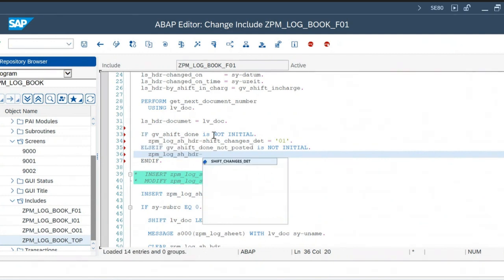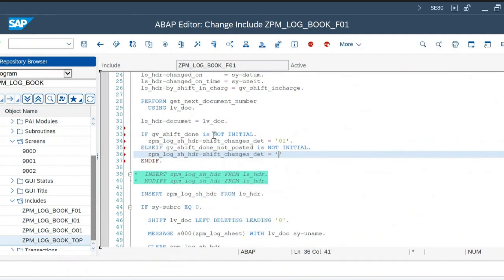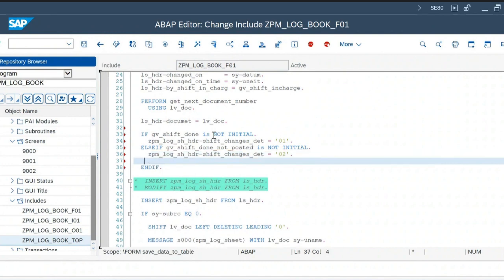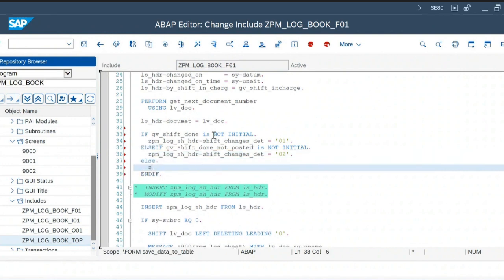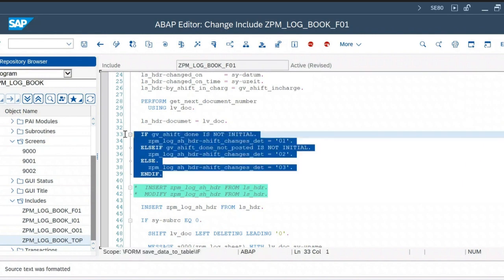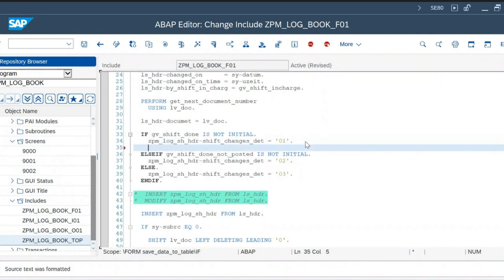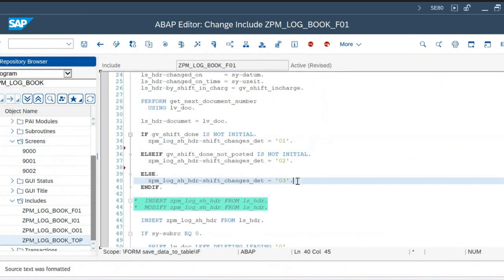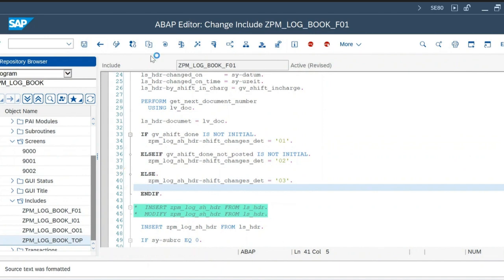ZPM header shift difference equal to 0. Else ZPM shift difference equal to 0. Is this code clear to you guys? Yes, sir. Okay. So now